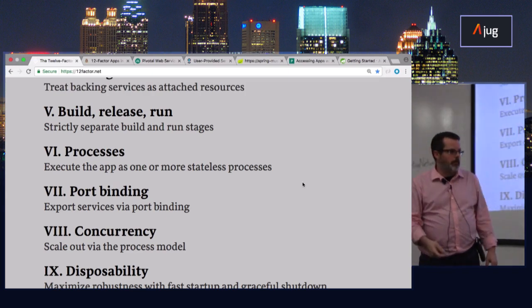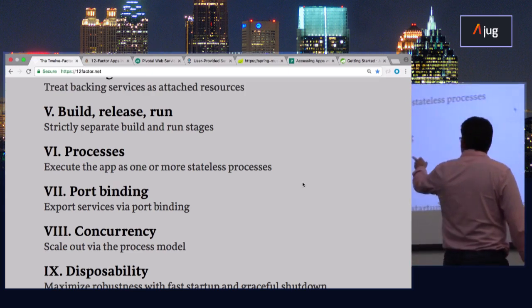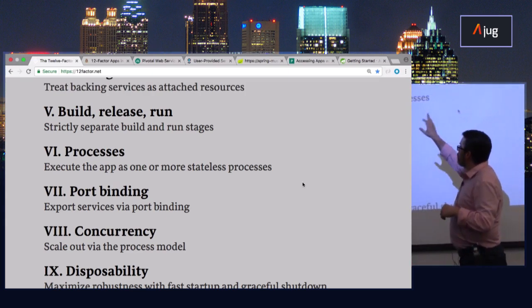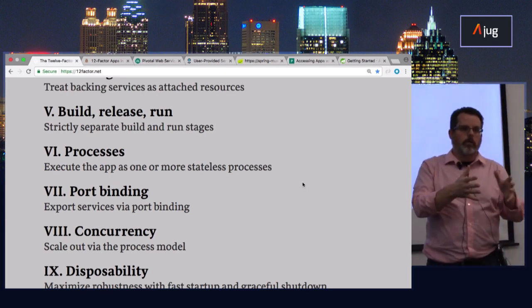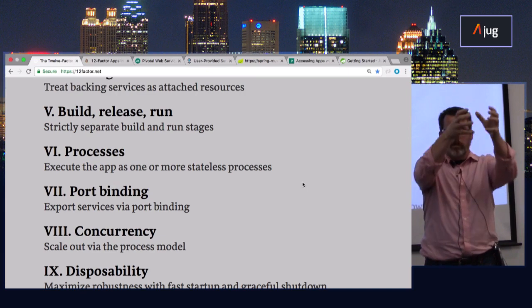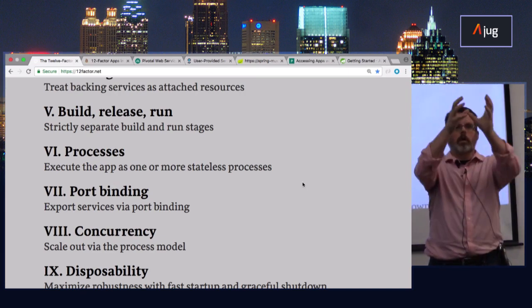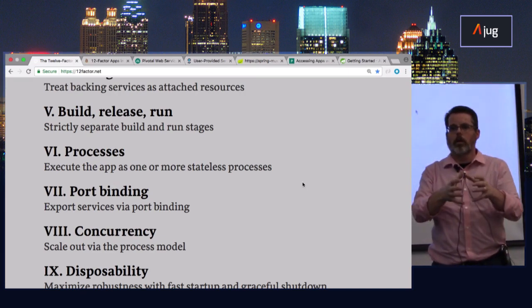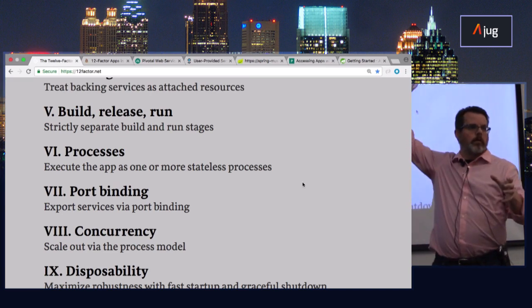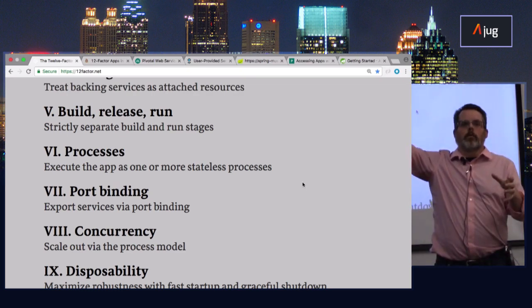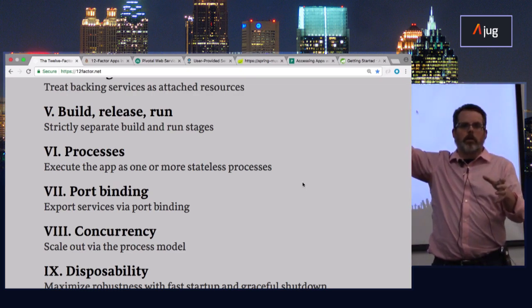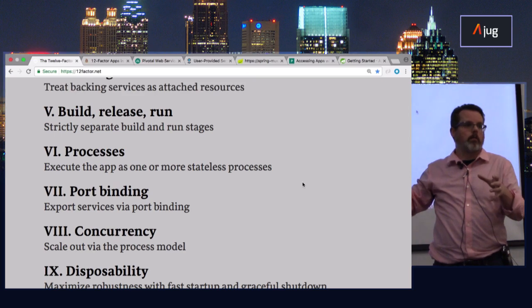The other thing is that if you follow this build, release, run, it gives you the opportunity to build your artifacts. You have your binaries and you keep them here, and this is what you're going to move from point A to wherever it needs to go. But then you can store your configurations elsewhere in a secret repo. It's not secret like nobody knows about it. It's meant like we're going to keep the secret information we don't want anybody to see, like production passwords and all of that.